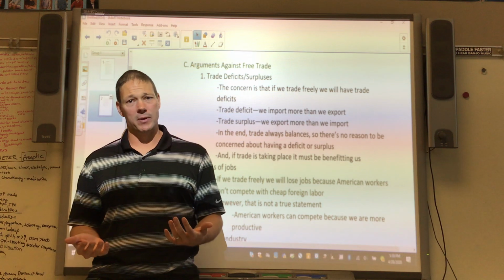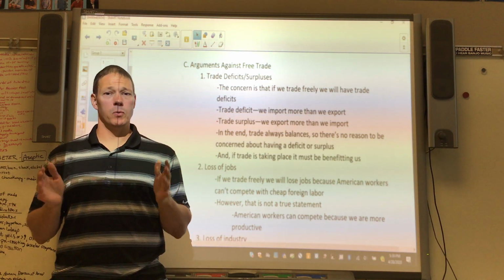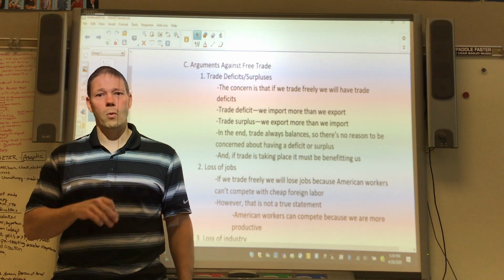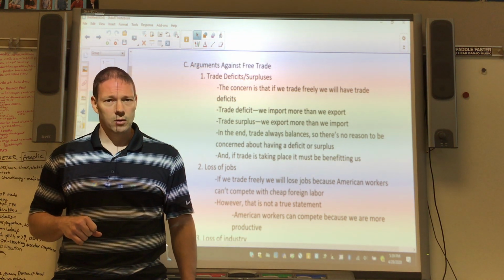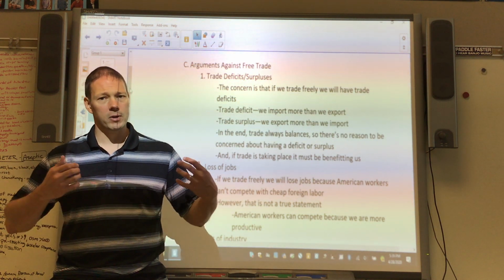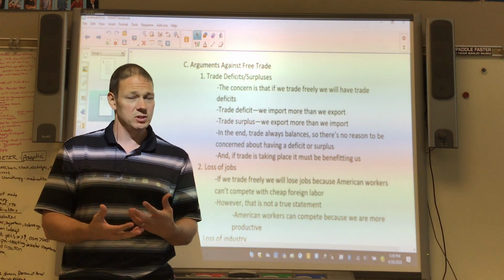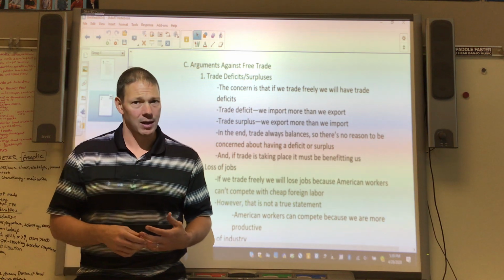Well, I have a couple of problems with why that's such a problem. Number 1, we've already talked about this in Unit 1, remember the real nature of wealth. Real wealth is not money, real wealth is goods and services. So I'm not too concerned about sending our money to other countries when we're receiving in exchange goods and services, which is the real nature of wealth, okay, not money.